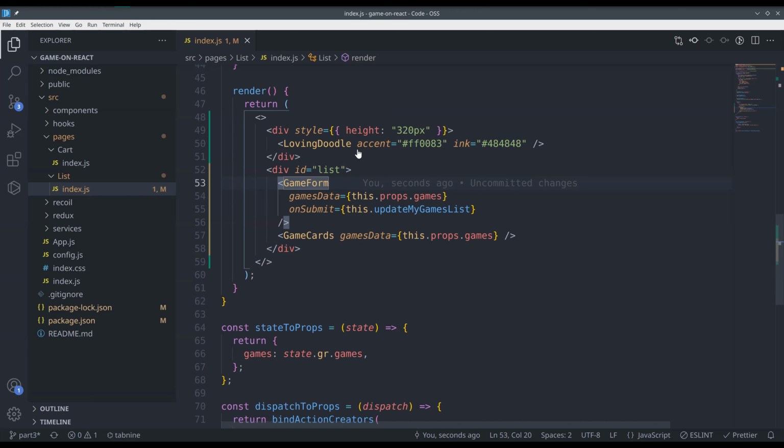Okay. So there doesn't seem to be a way to make it smaller, unfortunately, but we should be able to get